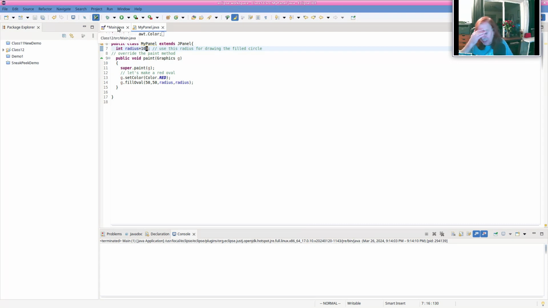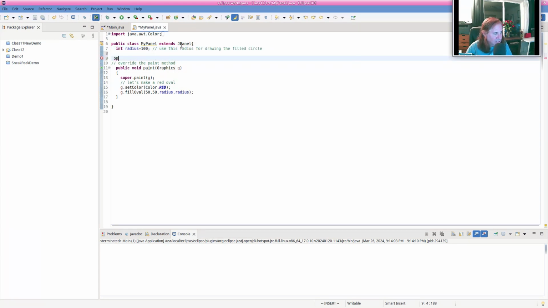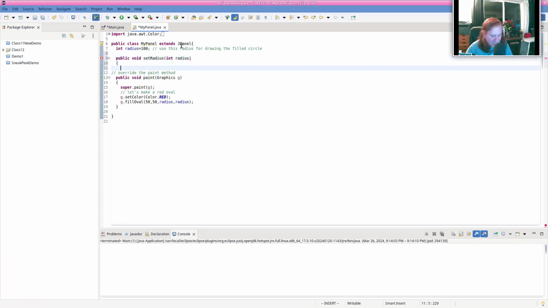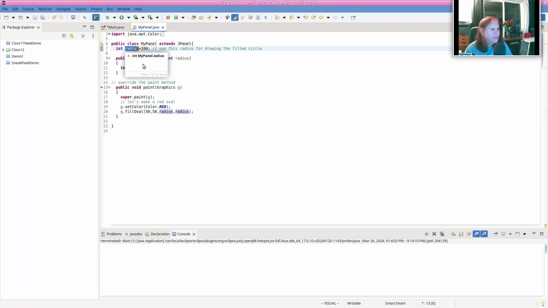So let's do this the right way. Let's make a mutator. So let's say public void setRadius. And I'm going to use the this trick, this.radius = radius. So now I can call the setRadius method, give it a number, and it will change the value of this variable. And then when the paint method gets called, that variable's value will be used to set the radius